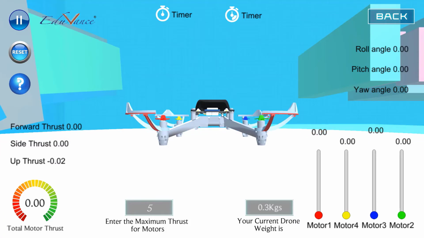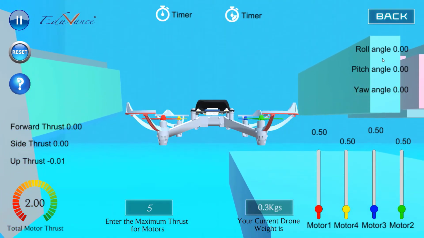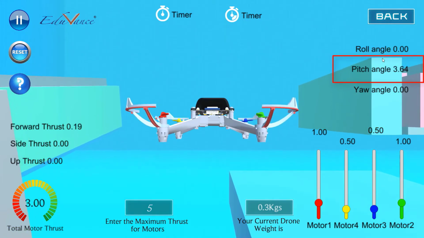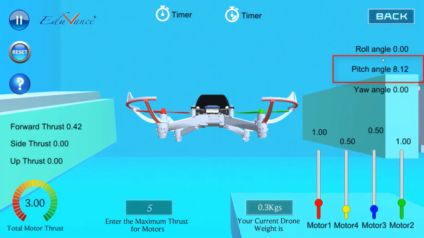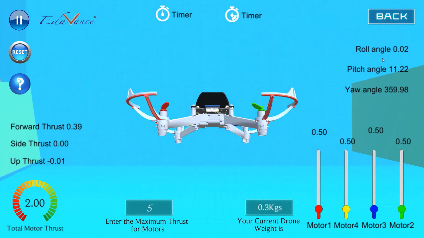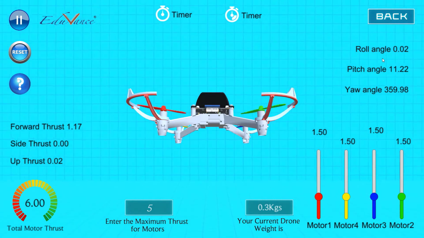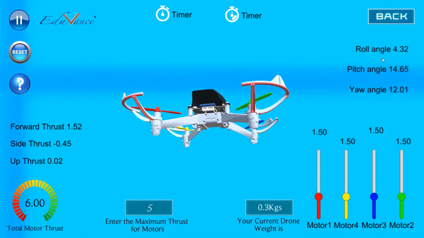So I will reset. Now what do I want you to look at? I want you to start keeping an eye on this parameter here called pitch angle, and you will see that the pitch angle changes. Now I'm going to reduce the RPM, and you see that once the drone starts rotating, the pitch angle changes, and once I make them all equal, the pitch angle stays steady, right? Now if I want to increase the height, I will again generate some lift. So it is going forward. Okay, it crashes, that's fine.